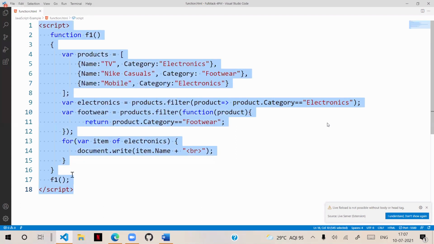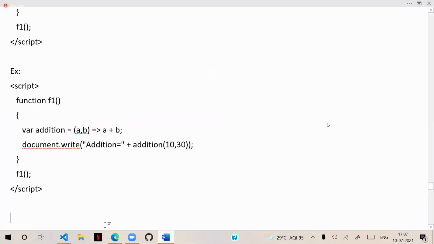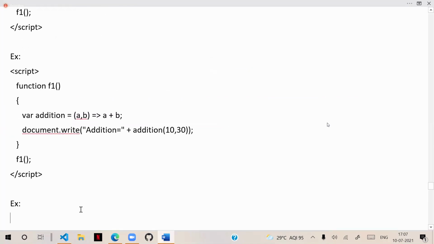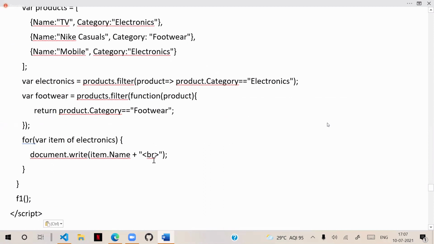So this is lambda. Now this technique is used everywhere. That means whenever we write functions, we don't use a lengthy approach. We just use this lambda expression and define it. That is the basic approach of working with lambdas.